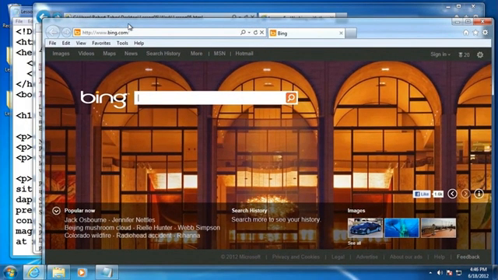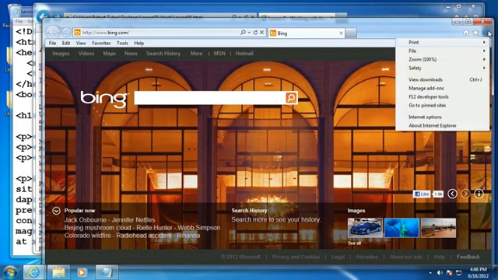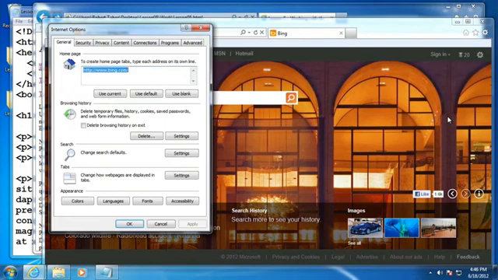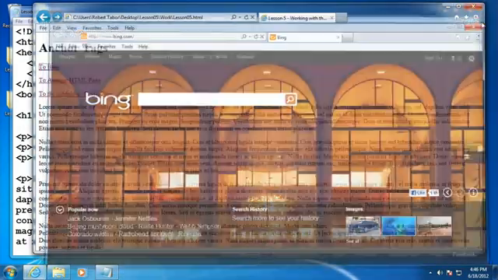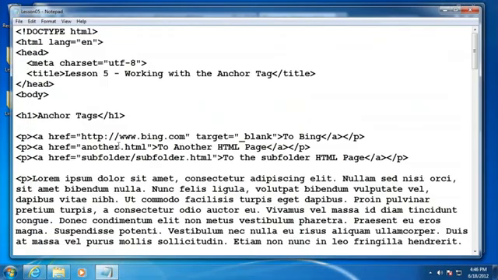Now that's just how I have my copy of Internet Explorer configured. You can configure it to open new URLs in new tabs in your first instance of Internet Explorer if you wish, and you would just go through, I'm not sure exactly where to do that. I think it's somewhere in Internet Options. You can configure that. I guess it's right here under tabs probably. Alright, but I'm not going to take the time to look through that. Alright, but that's how you would open up, and the benefit of that is that it keeps your user on your page while opening up your references to other web pages that you might have,